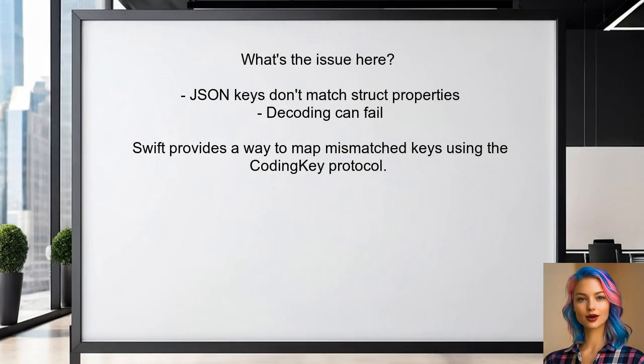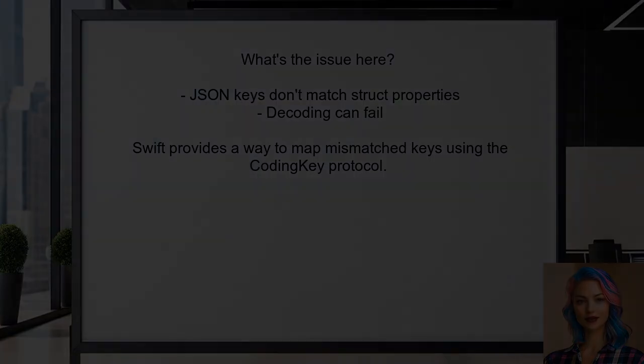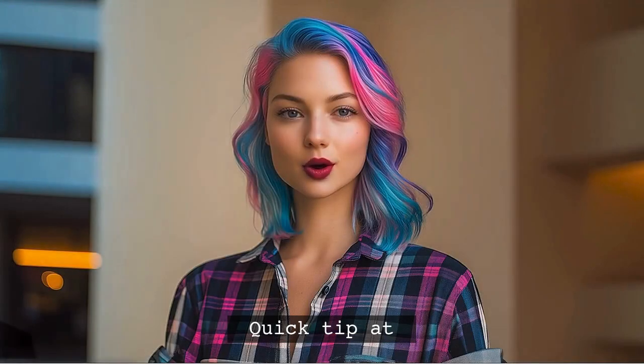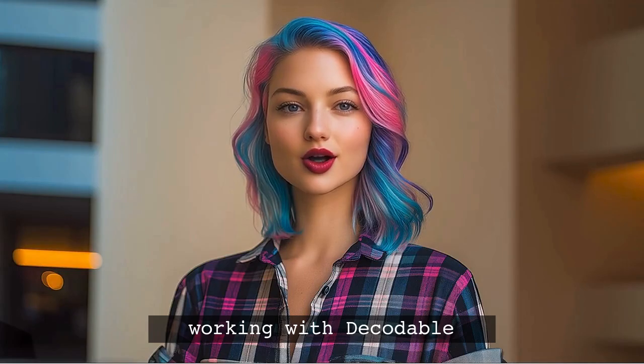So what's the issue here? When your JSON keys don't match your struct properties, decoding can fail. But don't worry, Swift provides a way to map those mismatched keys using the CodingKey protocol. And stick around. At the end of this video, I'll share a quick tip that will make working with Decodable